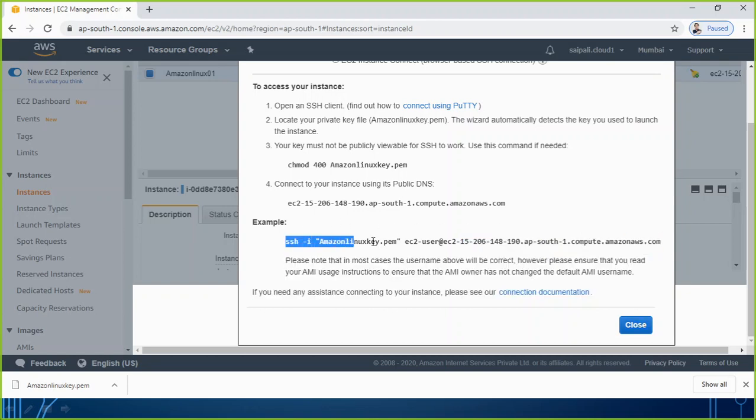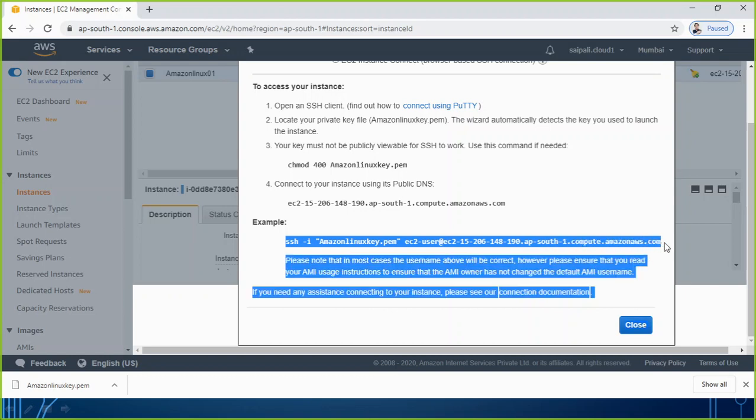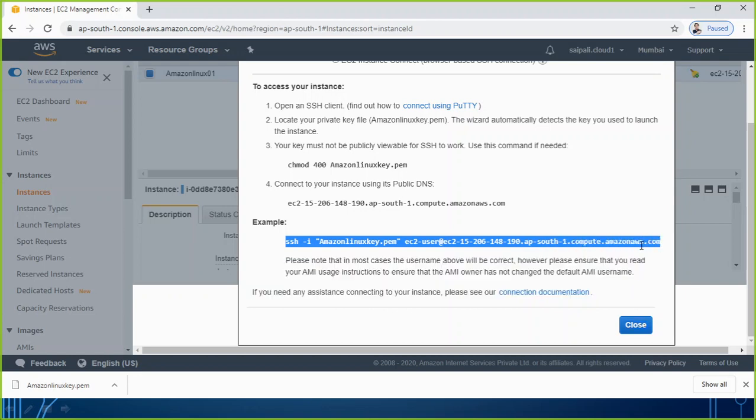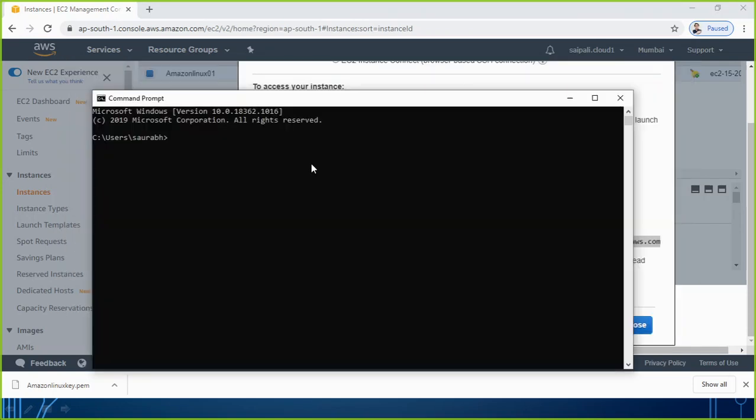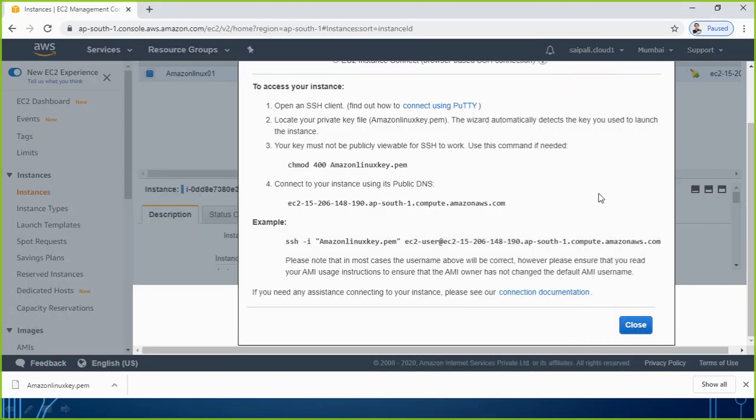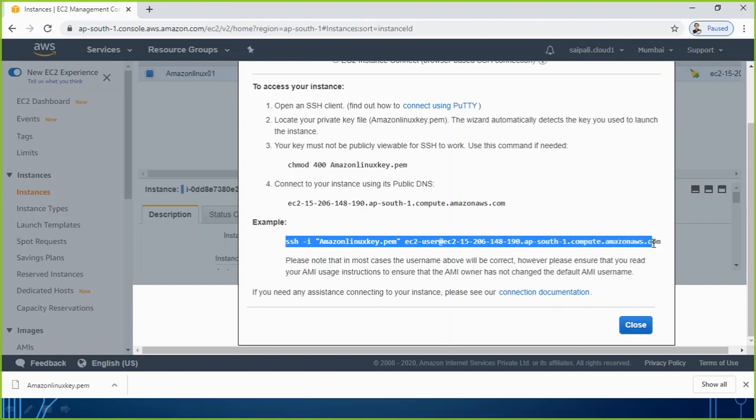I am copying this exact address with the command, then going to the command prompt of your Windows machine and pasting it there. It's not being pasted, just a moment. Let me try one more time: select all of this.